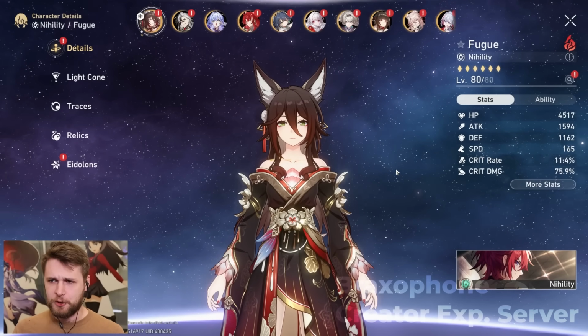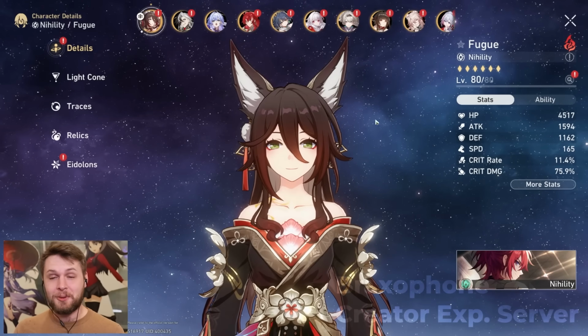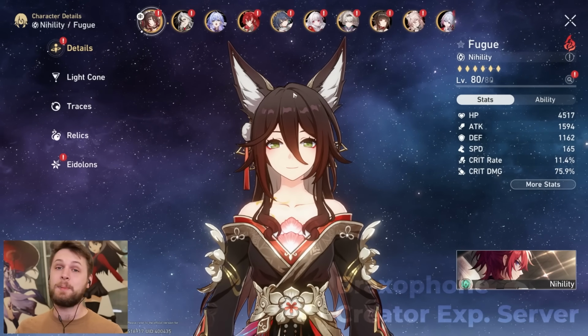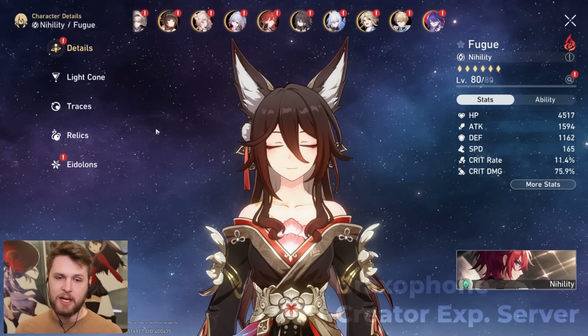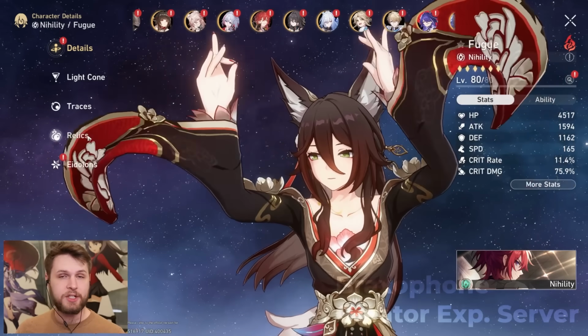That's the power of Fugue and Linksha, of course, because she carried. Fugue is a crazy powerful character. The amount of value she's adding is insane, and that value would not be possible without the help of some stellar supports. But real quick, before I show you her best teams and what I tried and tell you all about that,